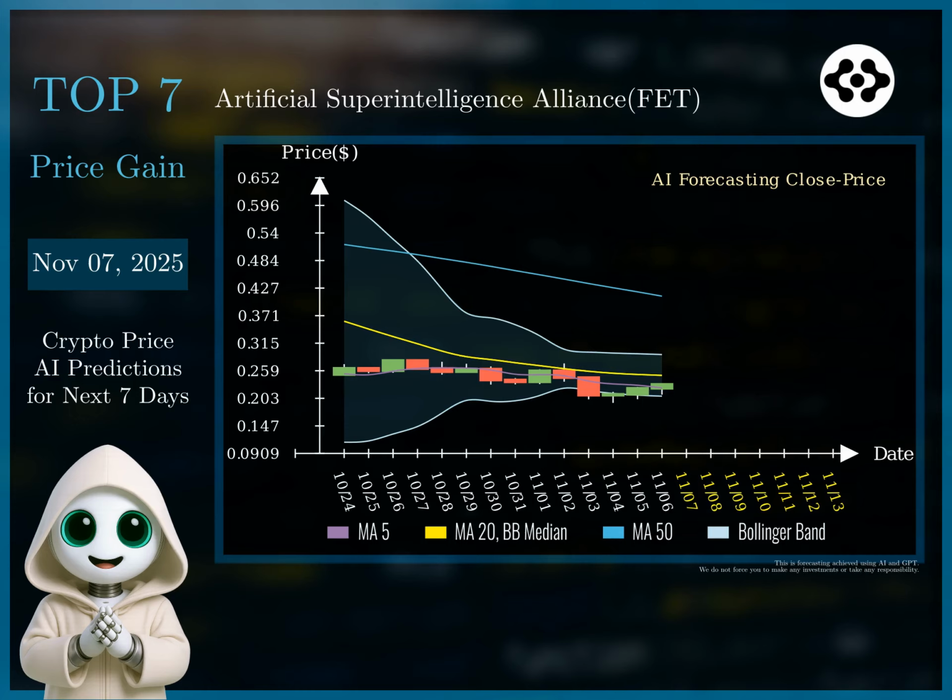Therefore, I recommend a short selling strategy. The entry price should be $0.237, coinciding with the recent resistance level. Place a stop-loss order at $0.263, just above the upper Bollinger Band, to limit potential losses if the price unexpectedly reverses. The target price should be $0.169, aligning with the lowest forecast price for the next week.